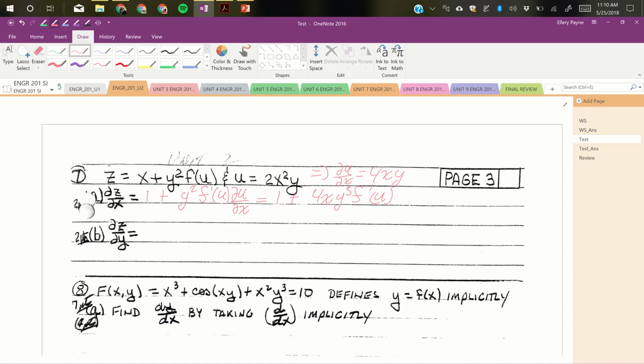Next problem, same thing, but just with y. So we take the partial of x with respect to y, that's going to go to 0. Now plus, so we have y squared and f of u. So now we have two functions that we need to be considerate of that we're taking the derivative of. So it's going to be a product rule. So for the first one, it'll just be 2y times f of u plus y squared times the derivative of f of u, which we saw in the first one is f prime of u, times the partial of u, but instead with respect to y, and that will equal 2y f of u